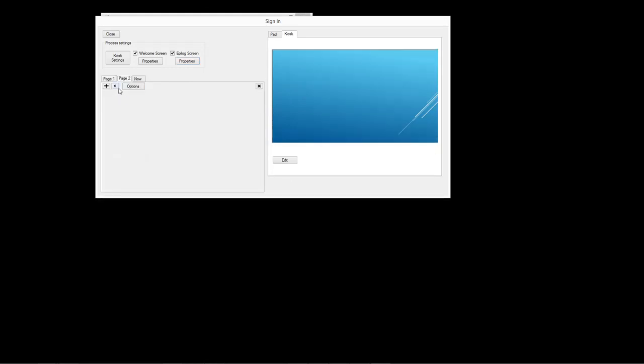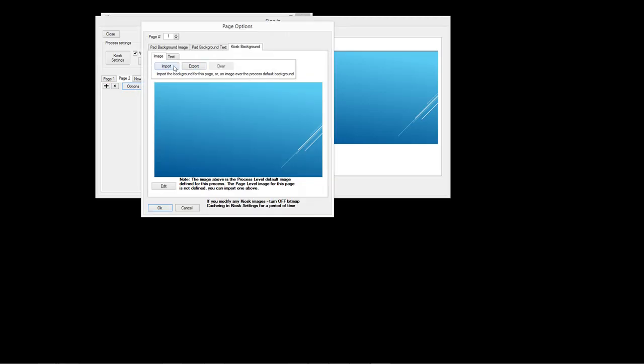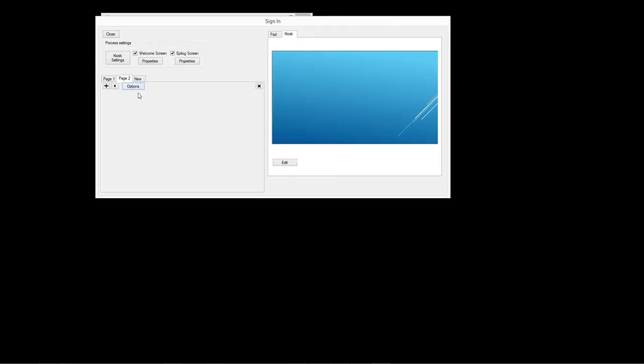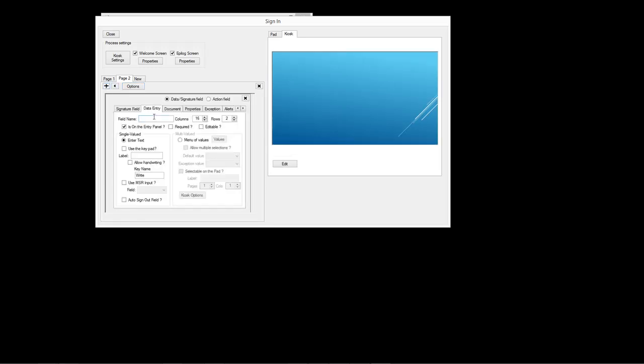I'll create a new page, so it's going to occur after first name, last name, or I could move that order this way, but I'm going to make it occur after. I don't need to import this one because it's a full page menu image. You'll see what I mean. So I'm going to add the field. We'll say reason